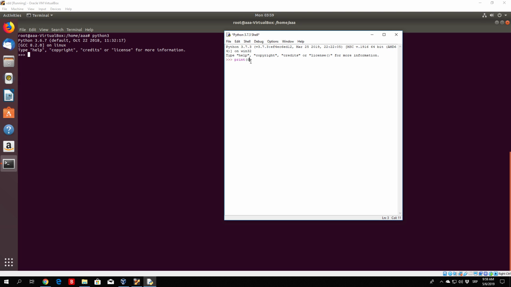Now the print function will basically just print what we type in the brackets on the screen. So you need to open the quotes. So I will open right here. Let me just find where the quotes are. Okay. And then you can just type here hello. As you can see, if you use that function print hello between the single quotes, it will just print hello